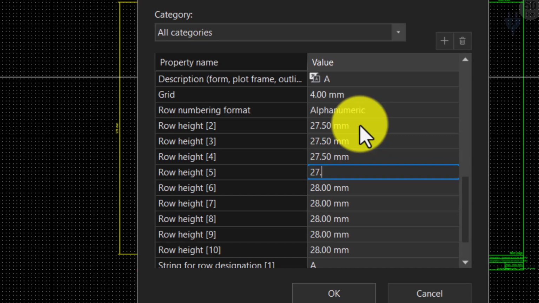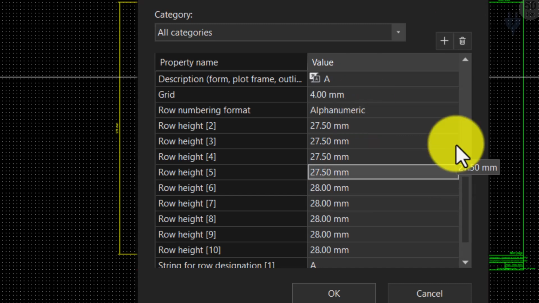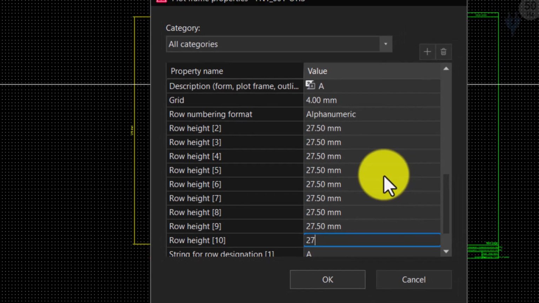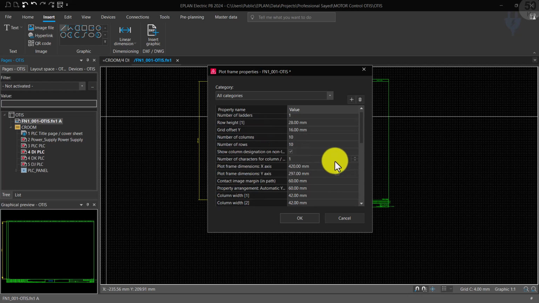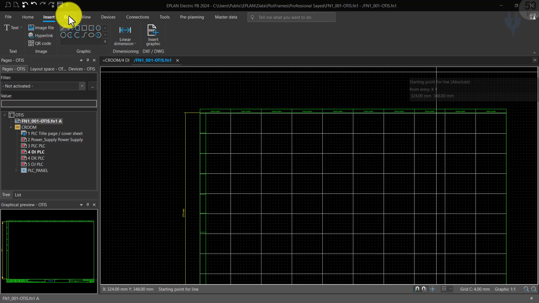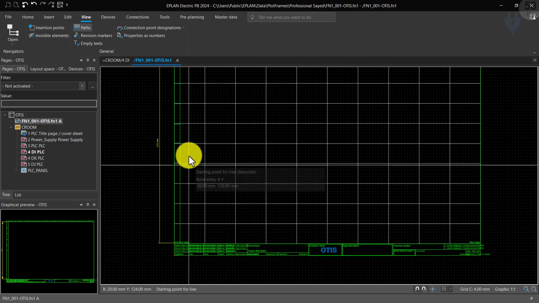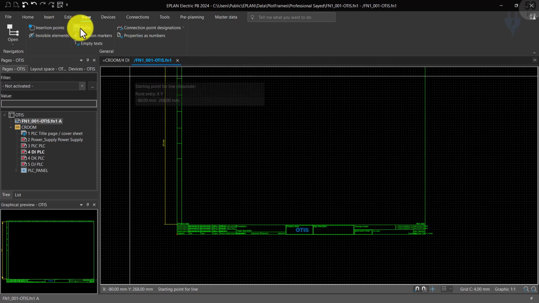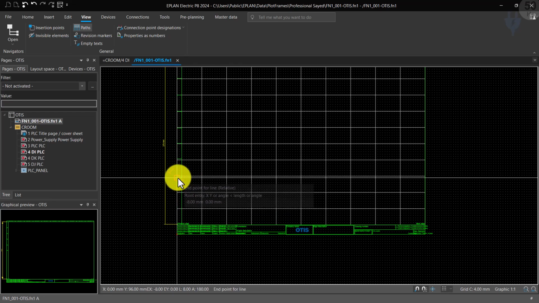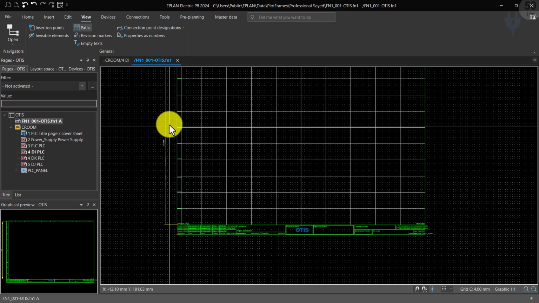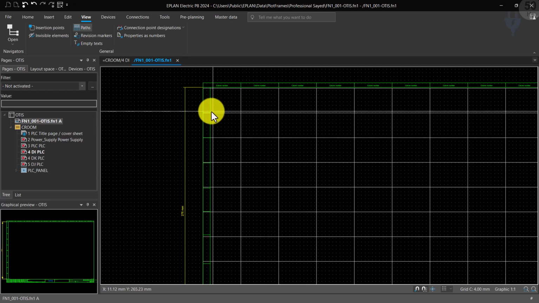27.5 for all. We go to View, we click on Path to have these imaginary lines for better visualization. Then we just draw lines on behalf of these imaginary lines, so that it will be easier for us to draw these lines for dimensioning